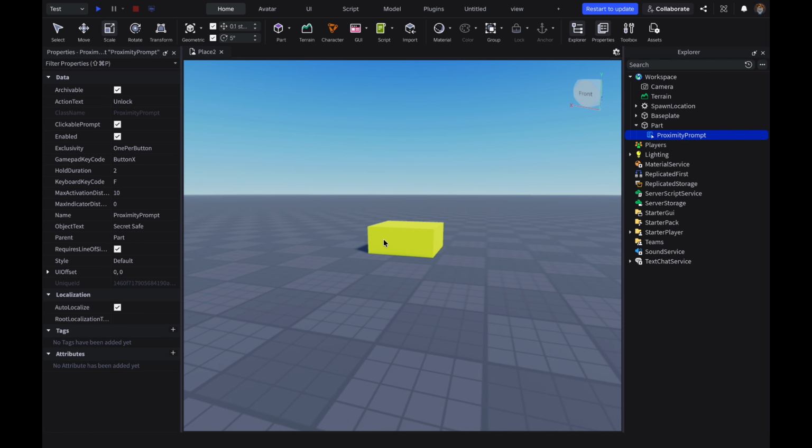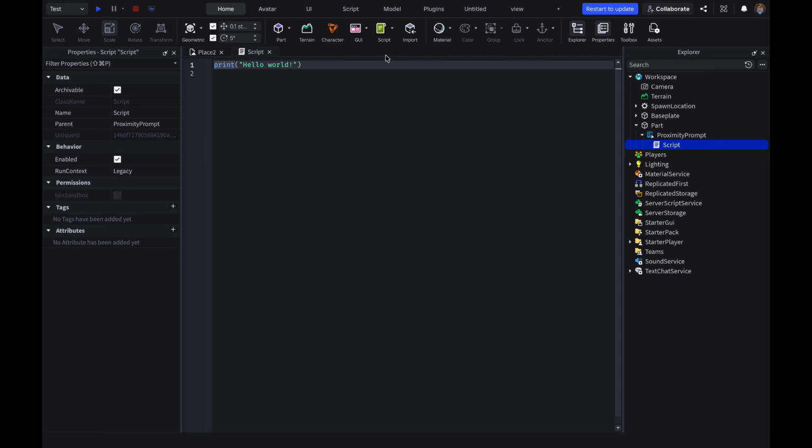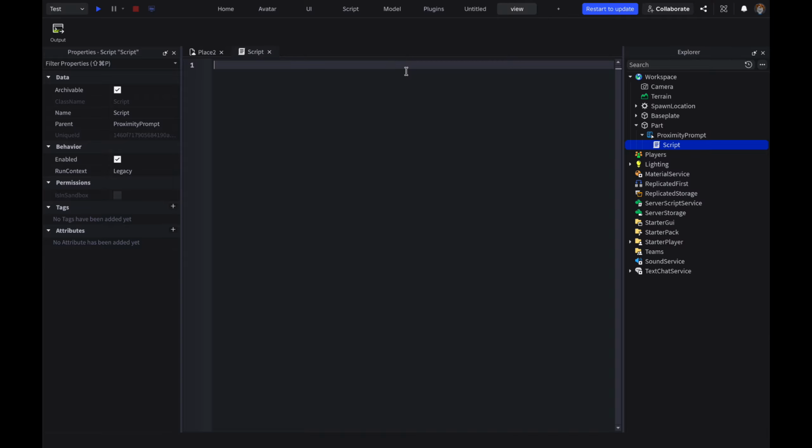Alright, customization is done. Now we need to make it actually do something when it's triggered. Click the plus icon on your proximity prompt and insert a standard script. Let's write a quick, clean script. First, we define the prompt. Local prompt equals